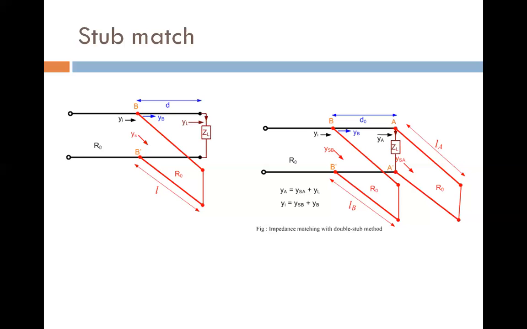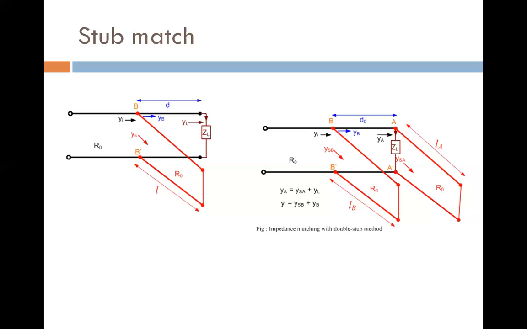So now how do we connect the stub? First of all we find the admittance, susceptance, impedance, and another very main point is the length of the stub and the location of the stub. If we focus on this point, we can do the matching procedure perfectly. When we calculate all the parameters, we can easily put the stub at the perfect location. So when we use a single stub, reflection is minimized using this method.